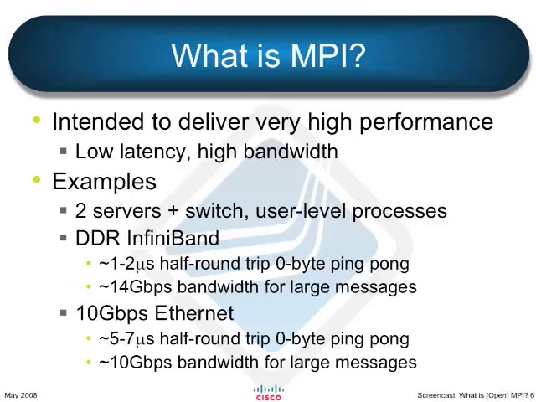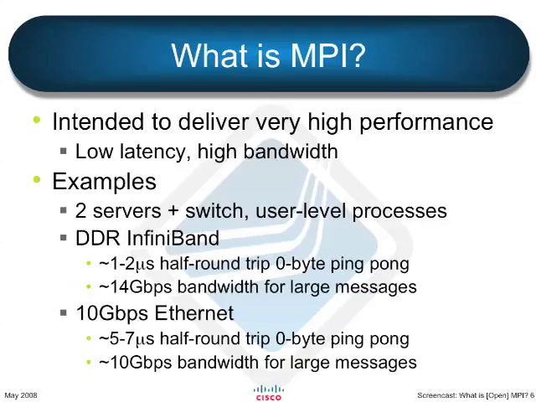Let's say we have a scenario where we have two servers, a switch between them, and we're talking about user level processes on there. So let's say if you have DDR and InfiniBand and you start in one process on one server, you go out the network through the switch, through the network again, and back into the other server, you can get somewhere between 1 to 2 microseconds of half round trip 0-byte ping pong latency. And that's quite a mouthful, but what that means is that that whole path that I traverse there